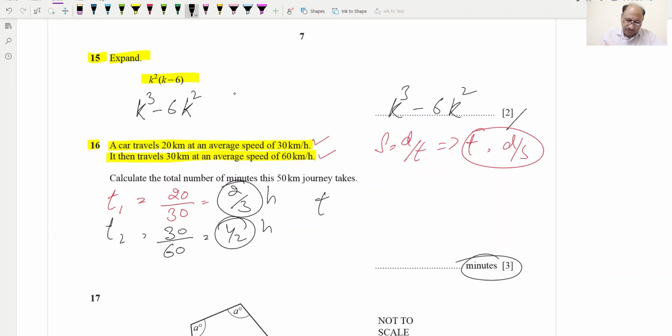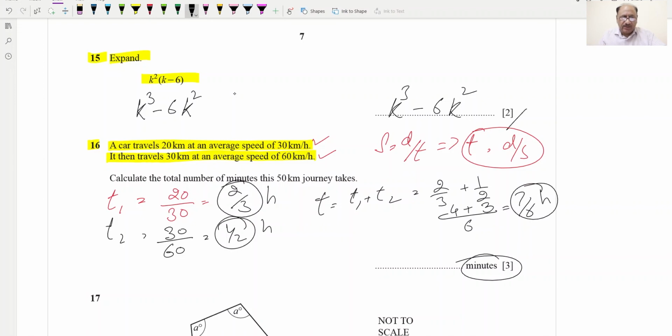We have to provide the answer in minutes. So t is equal to t1 plus t2, which is equal to 2 by 3 plus 1 by 2, and we can solve this. Basically this will be by taking LCM, so this will be 6. 3 2s are 6 and 2 2s are 4, plus 2 3s are 6, so it will be 7 by 6. So total time taken will be 7 by 6 hours, which we can write as